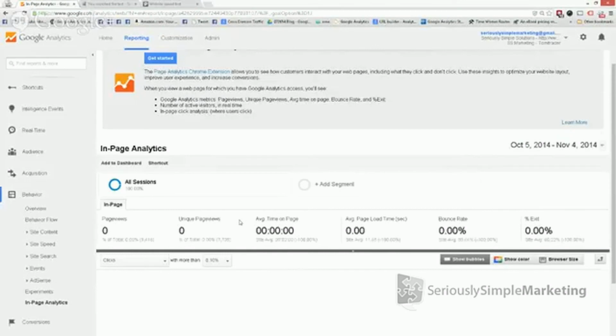This is the whole thing of free versus paid. Crazy Egg does cost a little bit of money, but we recommend in-page analytics if you absolutely have no other option and you want to save a buck. In-page analytics you can do. You set up their extension and then it'll start tracking reasonable data, at least to get you your start. But ultimately, we recommend Crazy Egg. It does cost a little bit, but it's not outrageously expensive.